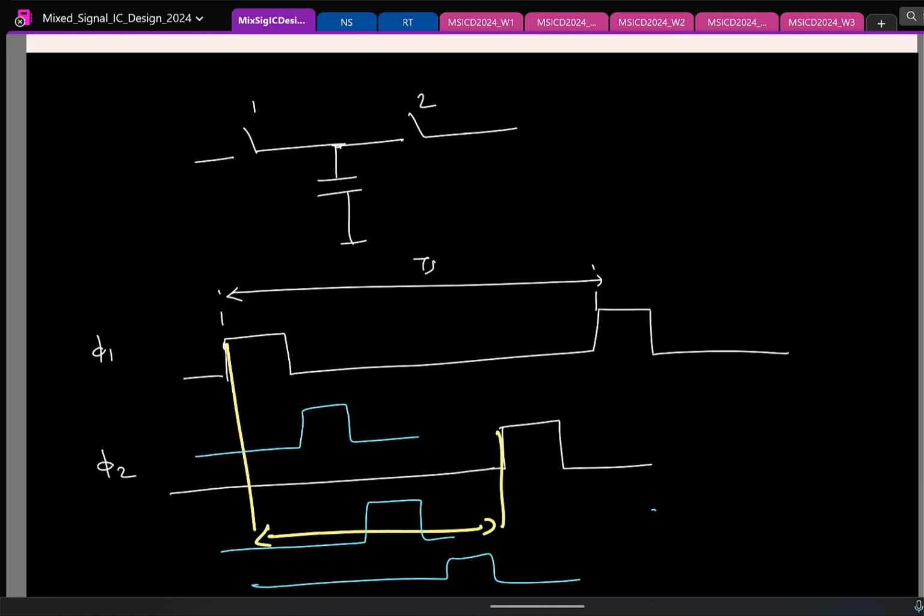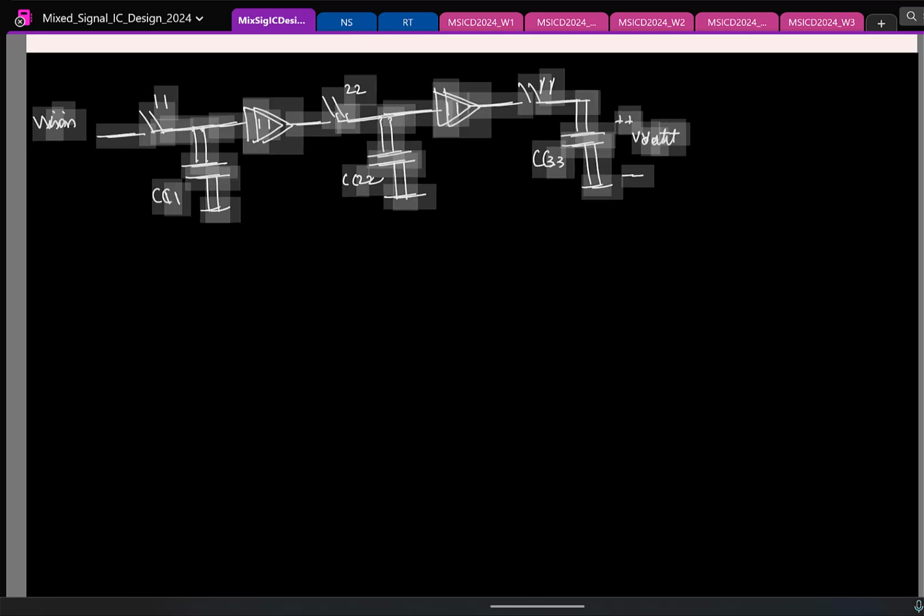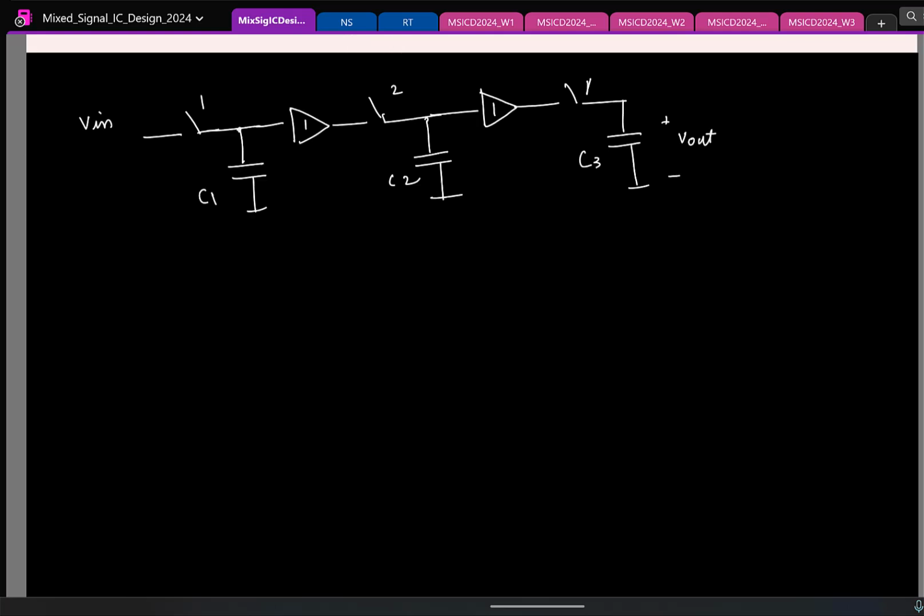Now you know that this circuit is providing one clock cycle of delay. If you find some other circuit, you should be able to identify it and try to make sense of what's happening. For example, let us say I add some things to this. Let us say I do something here, and then